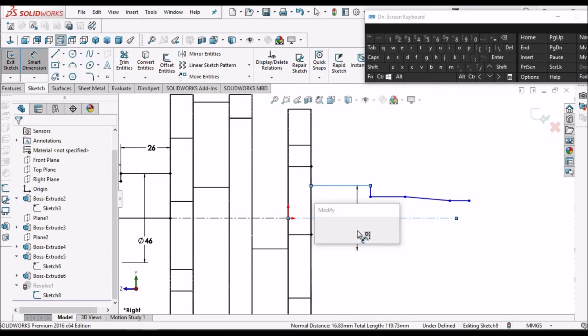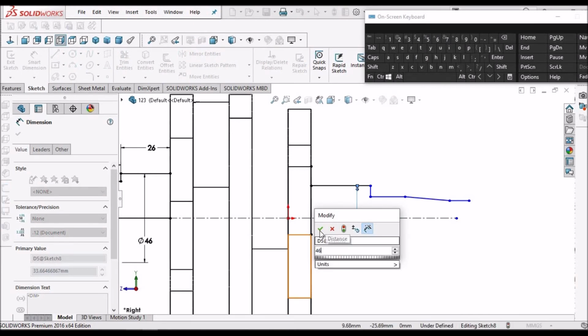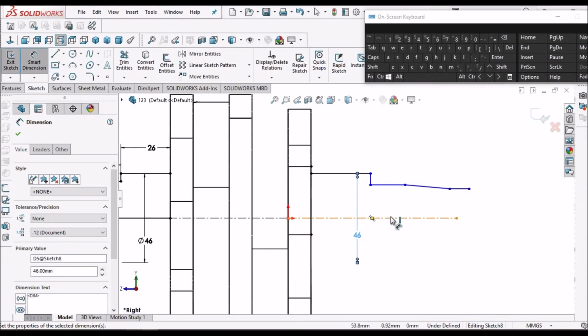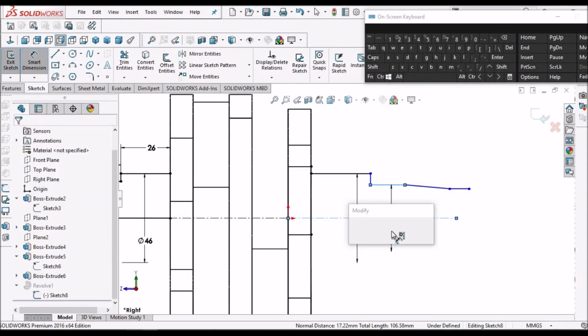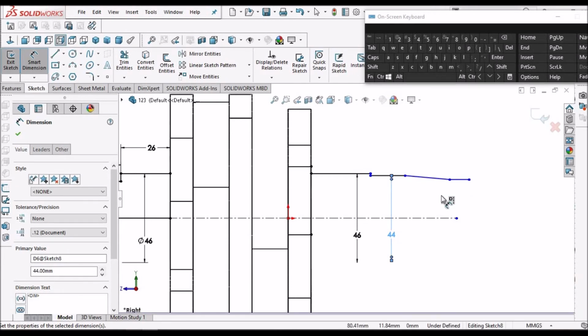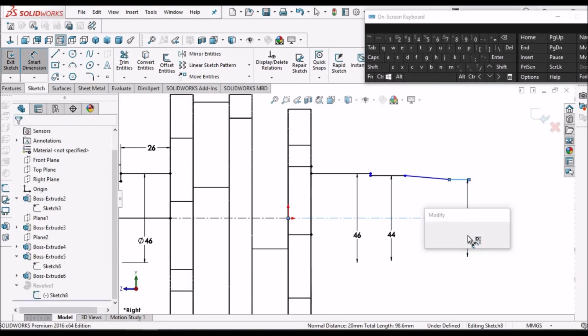So diameter is 46. And this diameter is 44. This is 32.